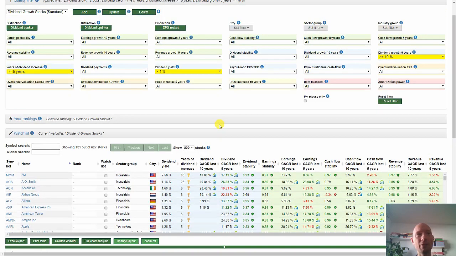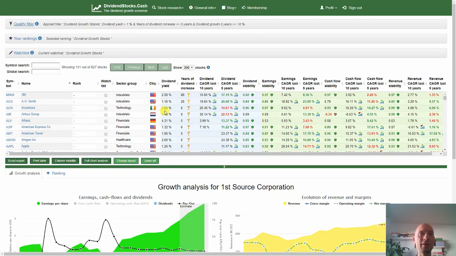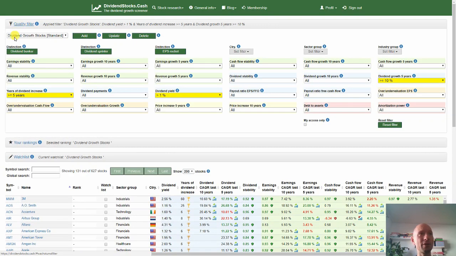You could theoretically now start to go through all these stocks with a high dividend increase or dividend dynamic. It's 131 stocks. You could do so, but I think it's a better idea to respect the profit stability